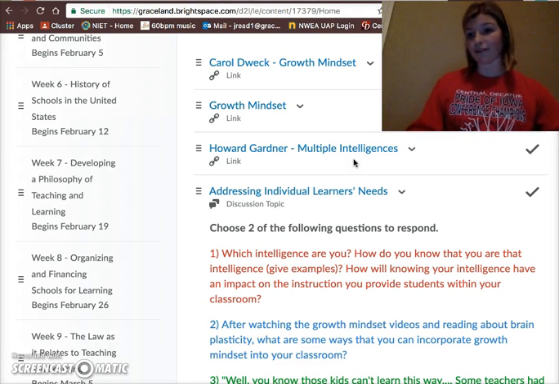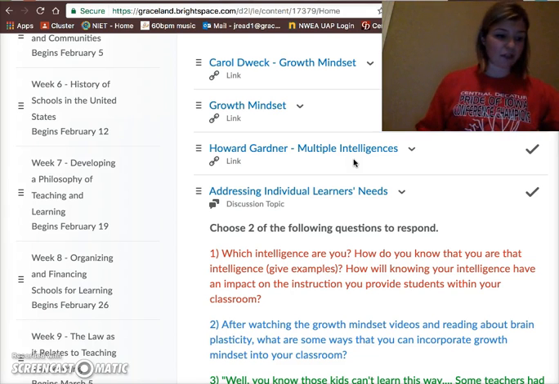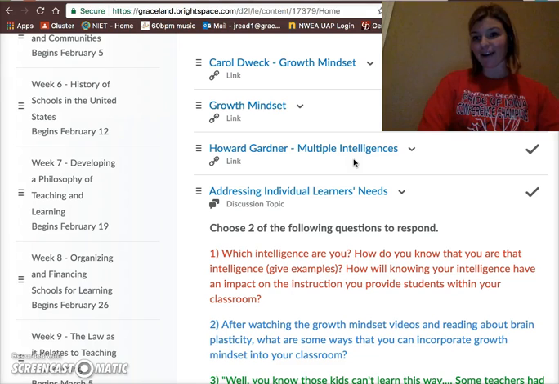How are you meeting all of your students' needs? They're all different, they're all unique, they're all exceptional. How do you meet their needs and how do you help them to grow? A couple of big pieces from this chapter that I want to share with you. Thinking about student learning in terms of how each student is unique or exceptional is essential to becoming an exceptional educator. My goal for you is that if you choose to continue down this path of being a teacher, in the next 6 or 7 years, you are an exceptional teacher. You're doing things that are on the path of helping you to be exceptional.